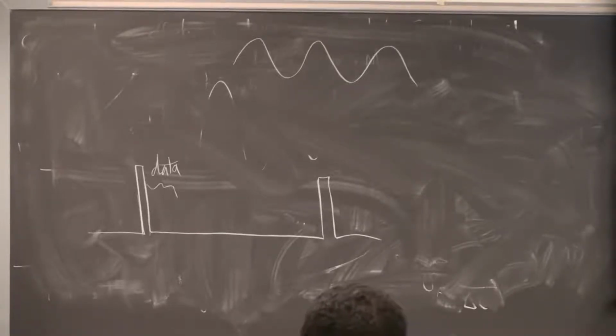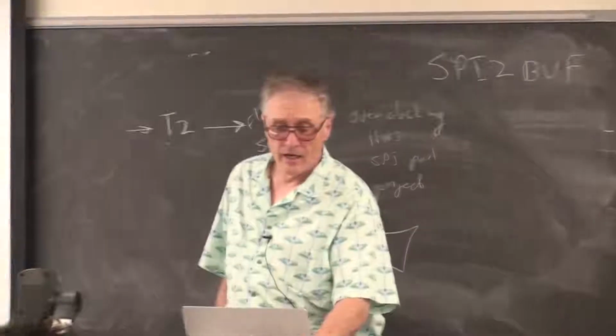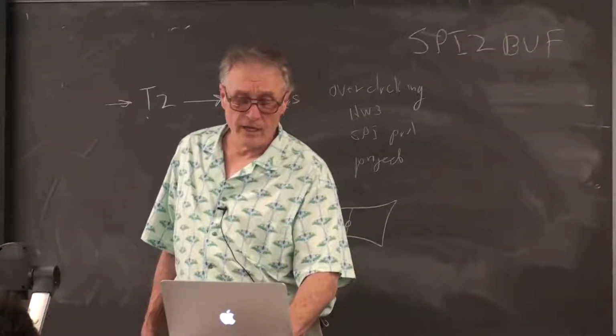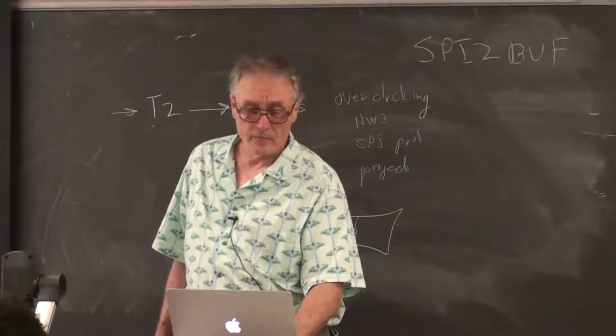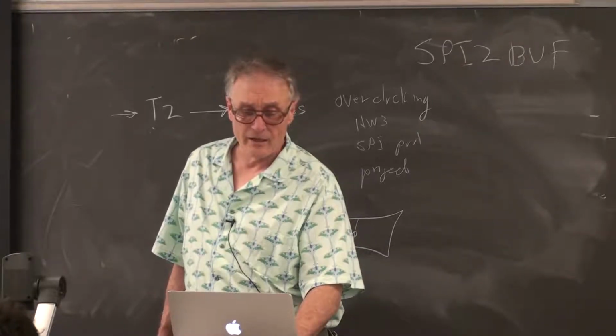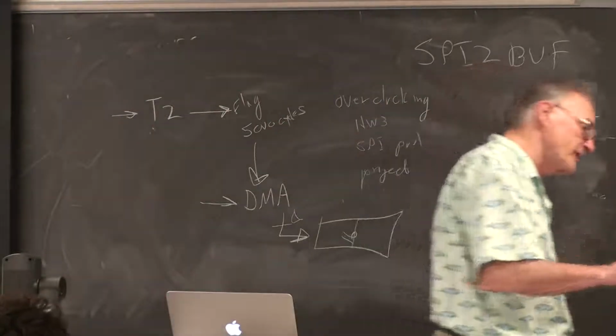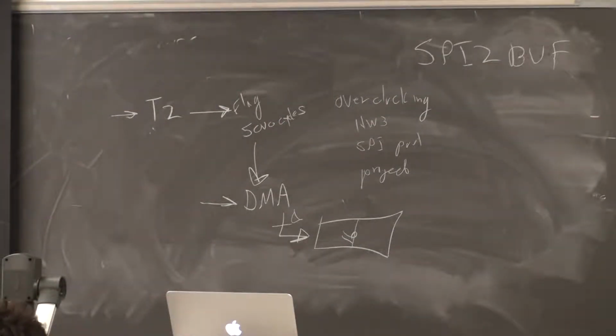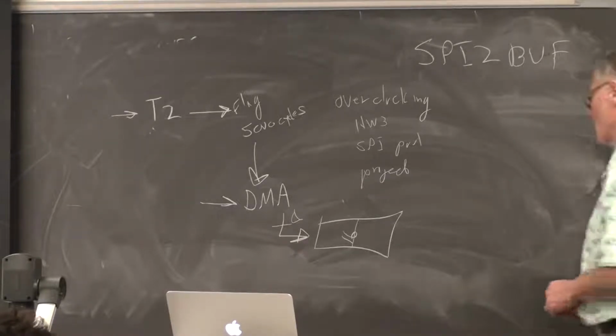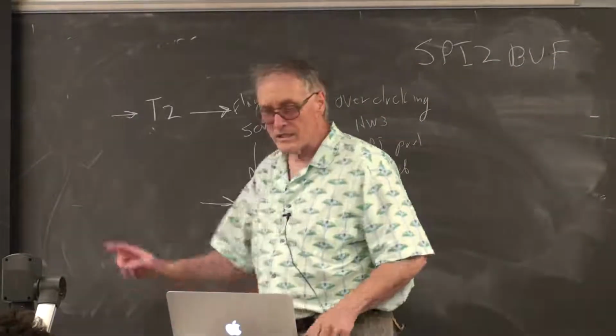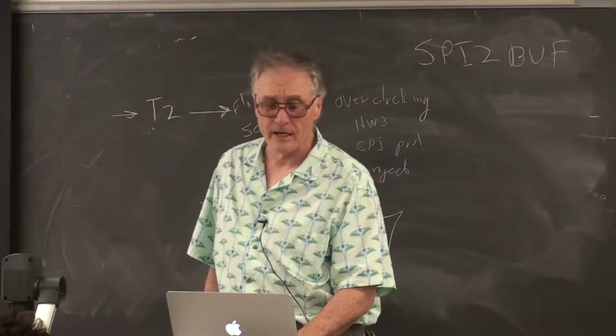However, to make this work, you have to use the SS2, the slave select 2 line, which is on RPB10. And so we have to modify the connections to the DAC to come off of RPB10 and then up to the chip select line of the DAC. So once this is set up, once the SPI is set up,